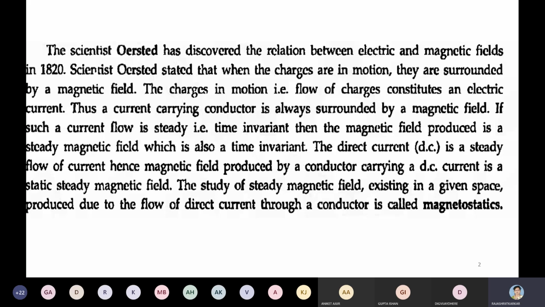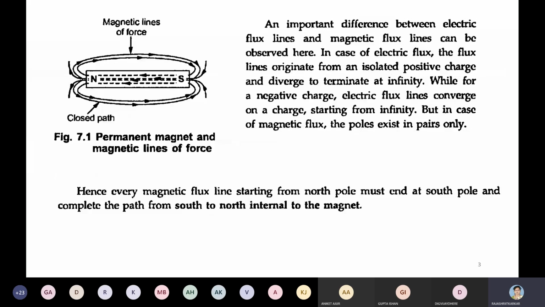So here we had assumed the flow of electric field and the magnetic field, but actually it is only the magnetic field which has been shown. So these are magnetic flux lines which are being observed. Where do these flux lines originate from? We know that these flux lines are nothing but magnetic flux. They exist in the pair of poles which we are considering. That is, they start from the North Pole and end at the South Pole. So this is what happens in a magnet, that magnetic flux lines are created. The direction is from North to the South Pole.